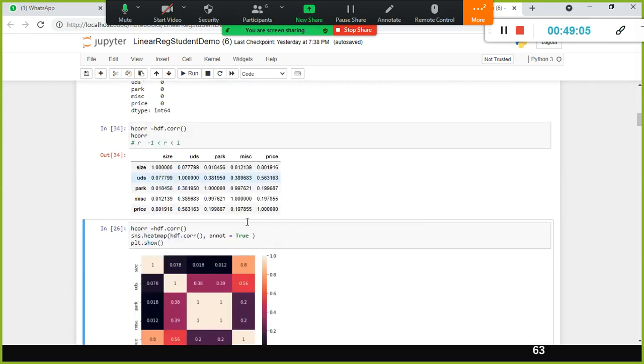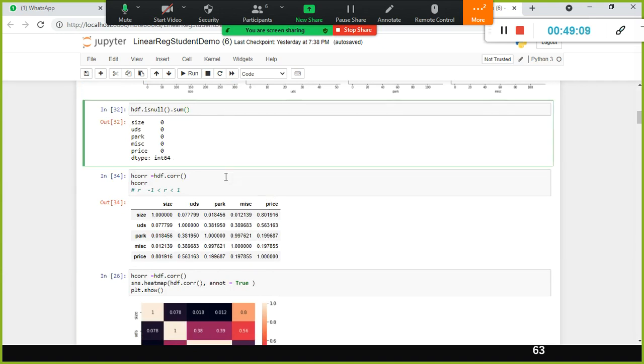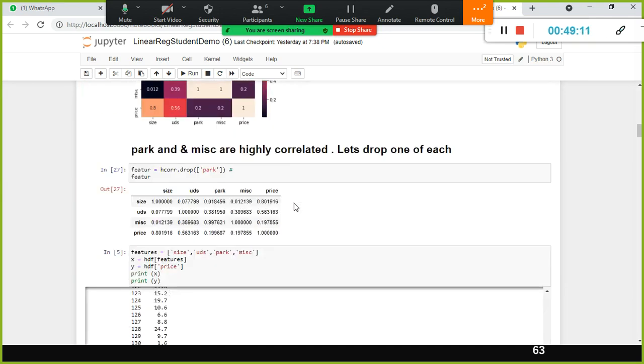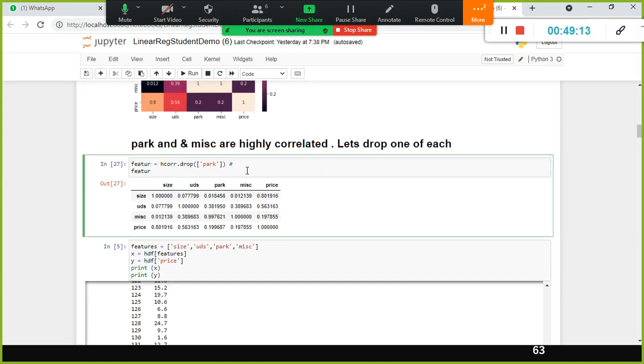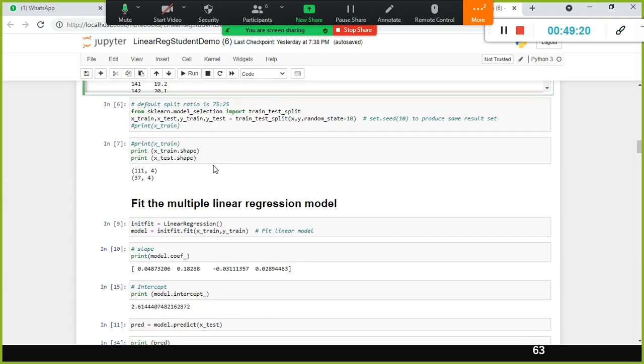Instead of using bar plot, you can use this one also. Okay, and the next one, I'm just checking whether there are any missing values or nothing is there. Fine. The next one is I'm going to remove the... I'm going to skip this one, and the next step is, see, in Python we have something called train test